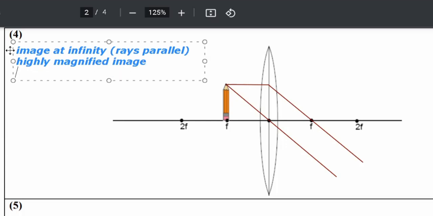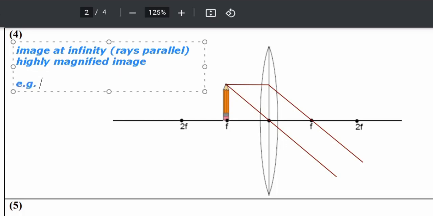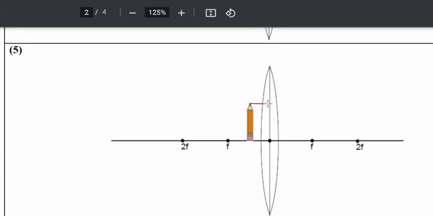That will only be true when you have your object at f. Your object distance, your u, is f, and so v, or the image distance, is going to be infinity. Now, when your object is placed between the focal point and the optical center, the light rays are produced in a rather interesting manner. What actually happens is that the light rays that are formed, they are not intersecting. They're not even parallel, they're divergent. They're never going to meet, they're moving apart from each other.